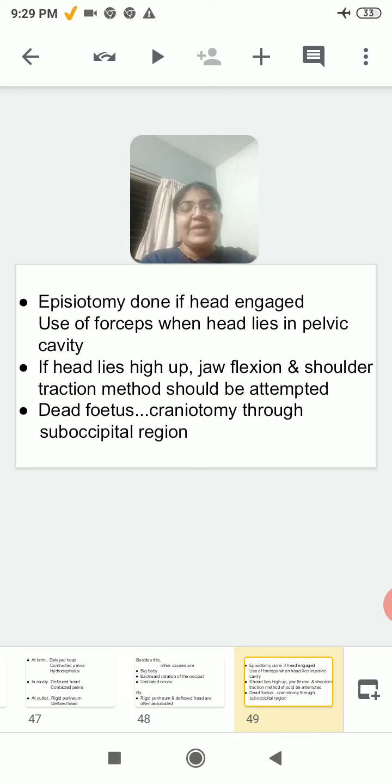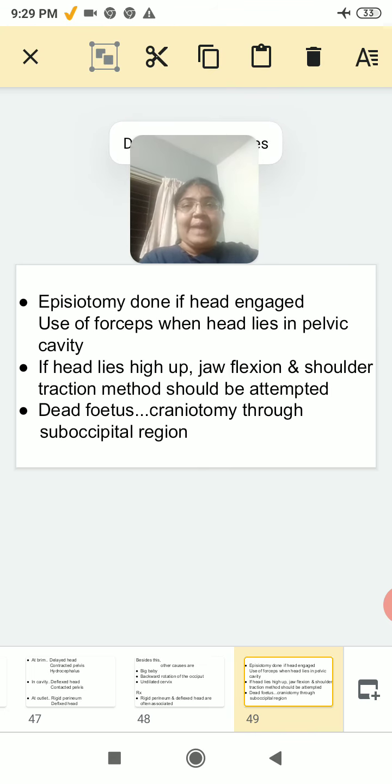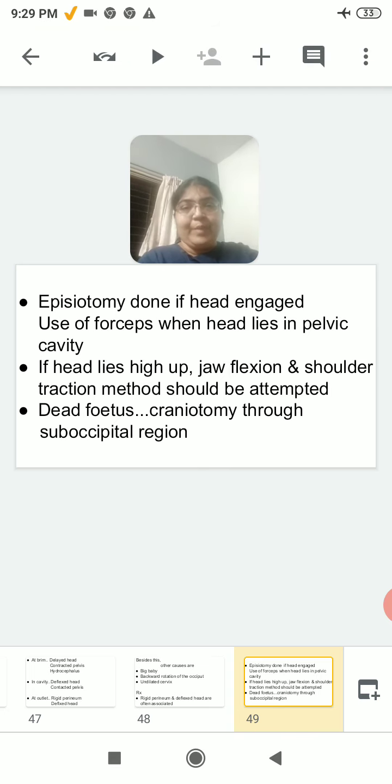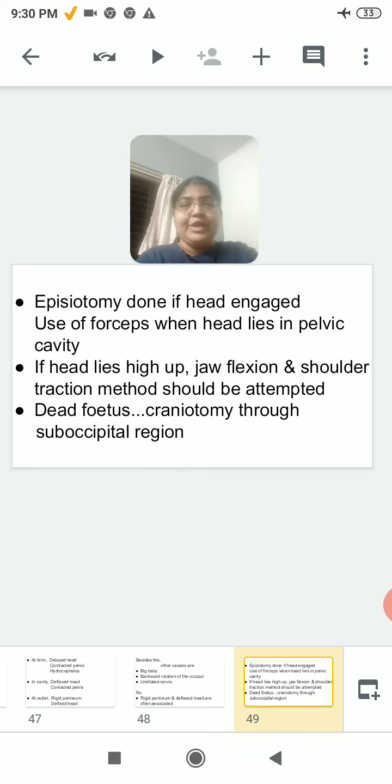Craniotomy is the process where the cranial vault is opened, it is ruptured, because after death of the fetus, the brain has shrunken, it has become smaller in size. It might have been liquid, because liquefaction is a part of maceration, right? So the liquefied brain can be removed easily. This will reduce the size of the fetal head, and then vaginal birth will be possible, right? So when the fetus is dead, you should go for the craniotomy.